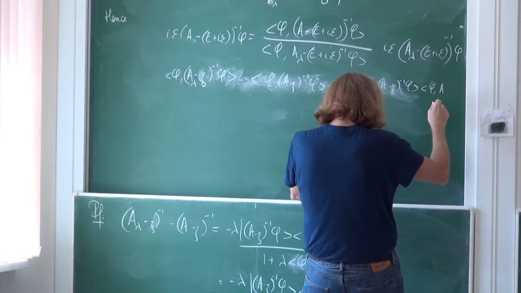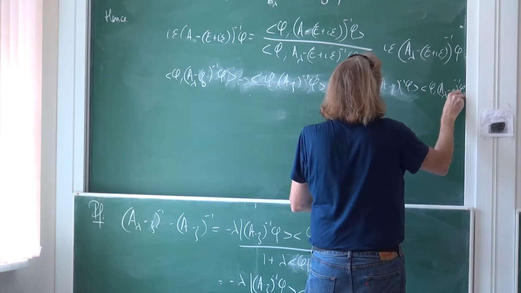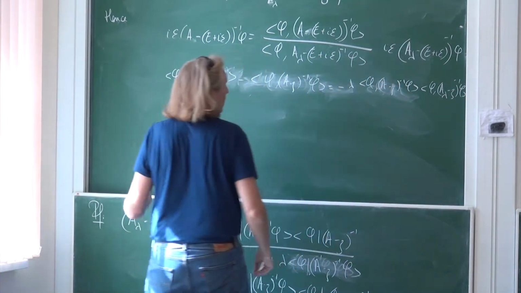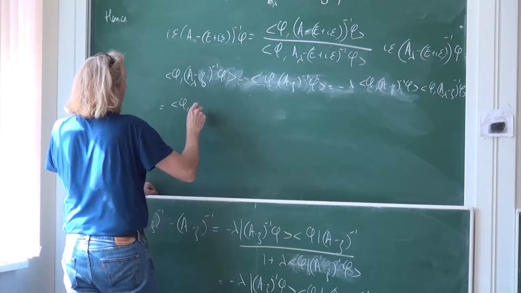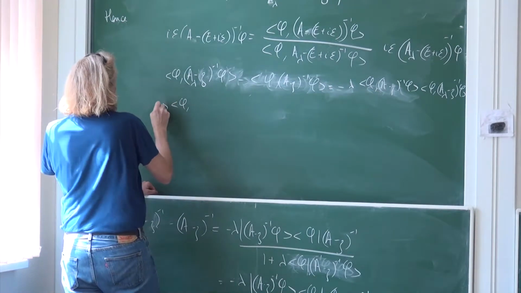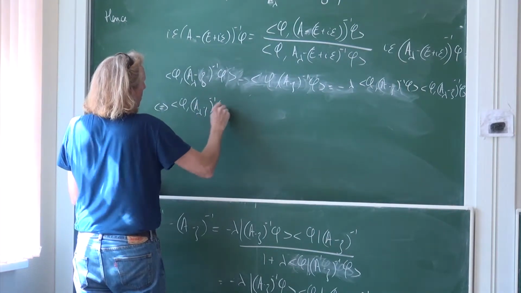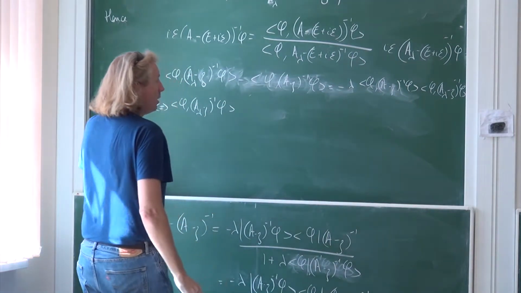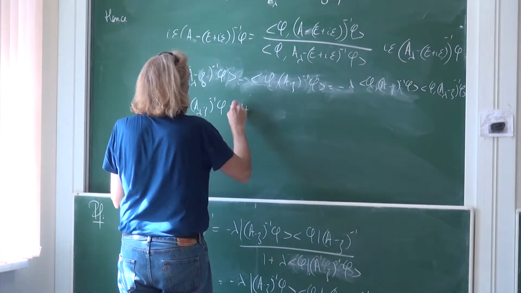A lambda minus z inverse phi, right? This is correct. So this gives you that this is equal to phi. So this gives you that phi a lambda minus z inverse phi, 1 plus